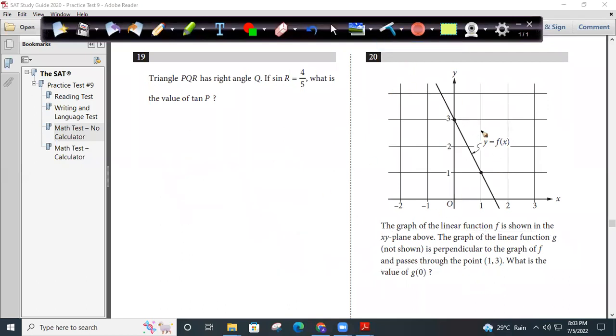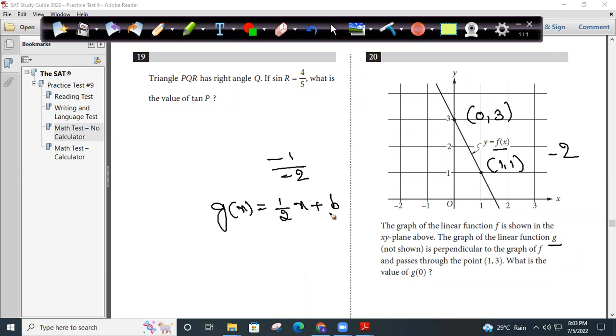So first, immediately find the slope of f. So points are (0, 3) and (1, 1). 3 minus 1 is 2, so minus 2 is the slope of f. But I need the slope of g. It's perpendicular. I said perpendicular means negative reciprocal. So the slope of g of x is 1 by 2, so 1 by 2 x plus